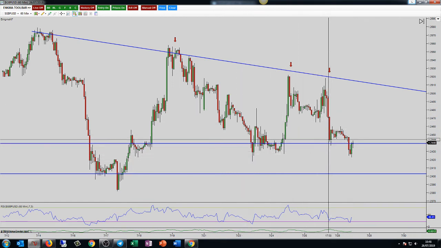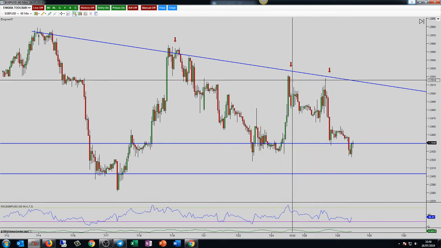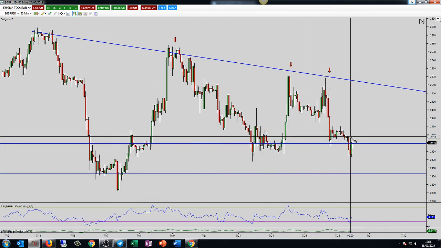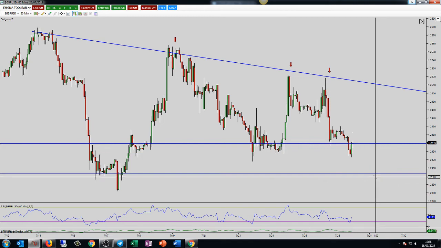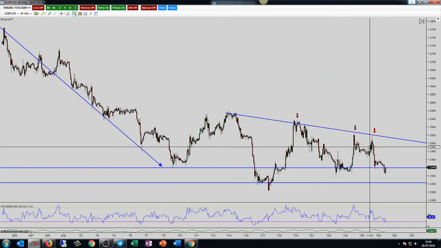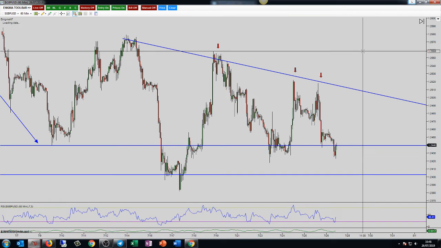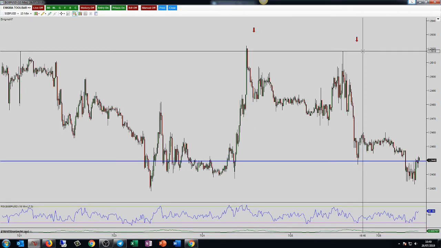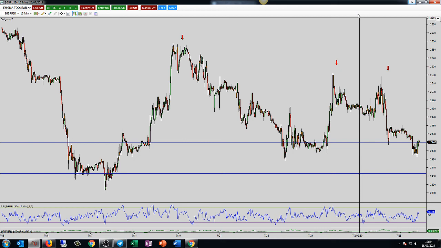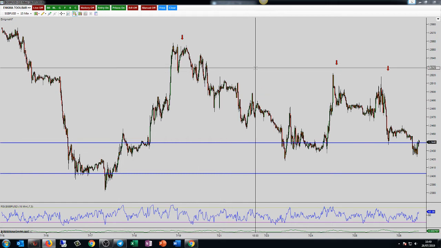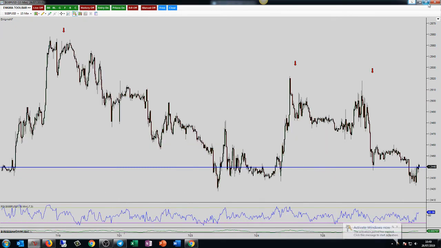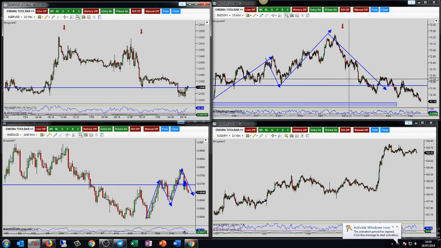Has anybody got anything on this currency pair? There's going to be no opportunities here for me, but I do think that we will break to the downside and we will eventually hit targets. Shame we were stopped out. Yeah, I got nothing there. Nothing there on that one. Yep, Cody said yep. Okie dokie.